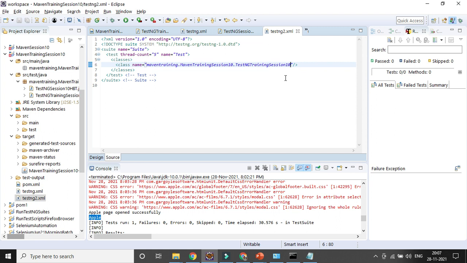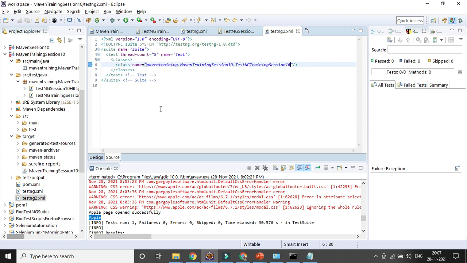Clear or not? In a similar way, in case you have 5 different configurations, you will be creating 5 testng.xml files, and each testng file will contain those test cases which are relevant for that configuration. So here I have created two testng.xml files, one is testng.xml and the other is testng2.xml. In testng.xml one class is associated, and in testng2.xml another class is associated.